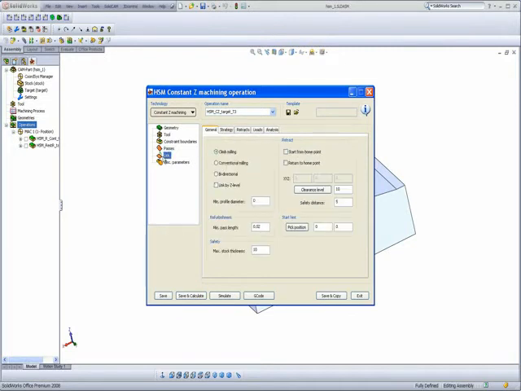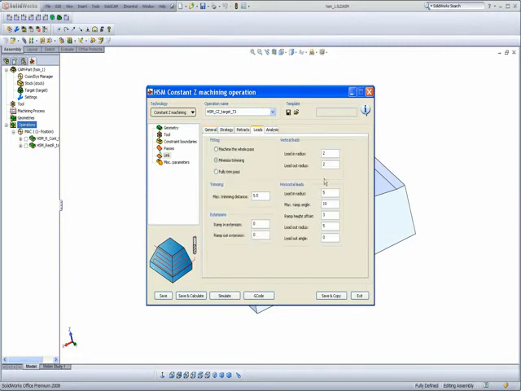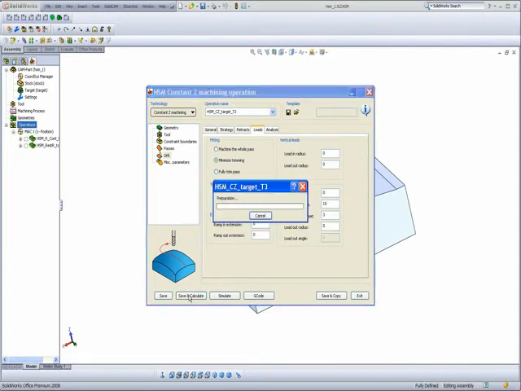Now, in our link area, I'll use the bidirectional option going back and forth, and I'll make a little change in our leads. Since I want my leads to come straight down, I'll have lead in radius as 0, lead out radius as 0, and also our horizontal leads, I'll also have that as 0. I'll simply do save and calculate,